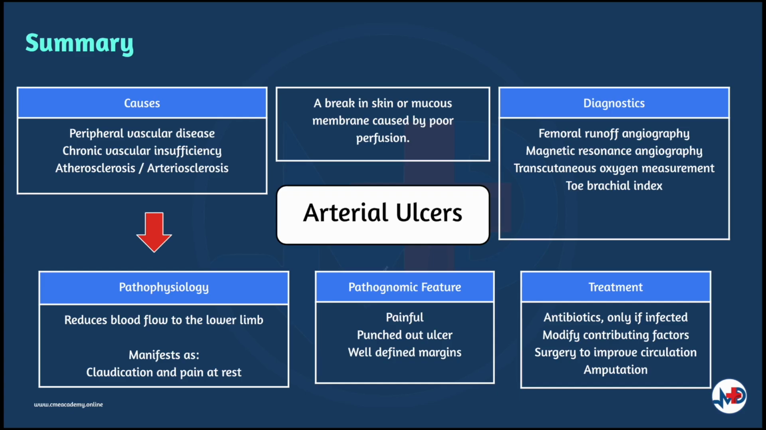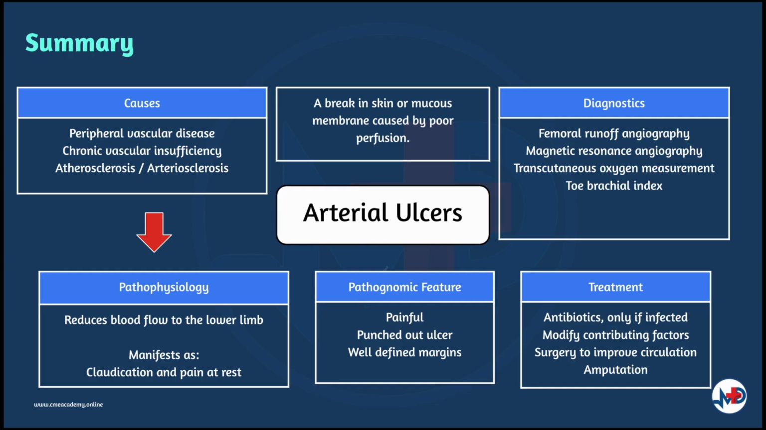In summary, arterial ulcers are breaks in the skin or mucous membrane caused by poor perfusion. The underlying risk factors causing atherosclerosis or arteriosclerosis leading to reduced blood flow to the lower limbs eventually lead to arterial ulcers. The causes of arterial ulcers include peripheral vascular disease, chronic vascular insufficiency, painful punched out well-defined ulcer, claudication